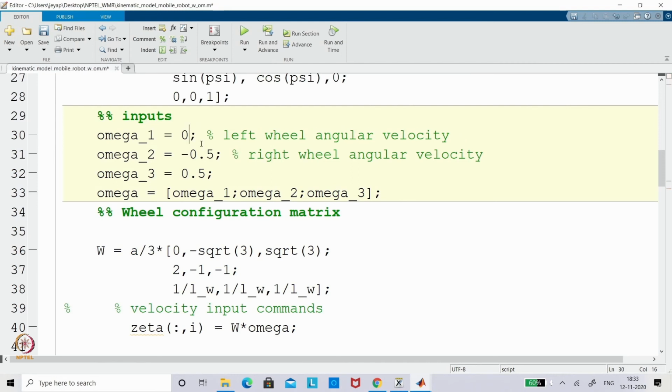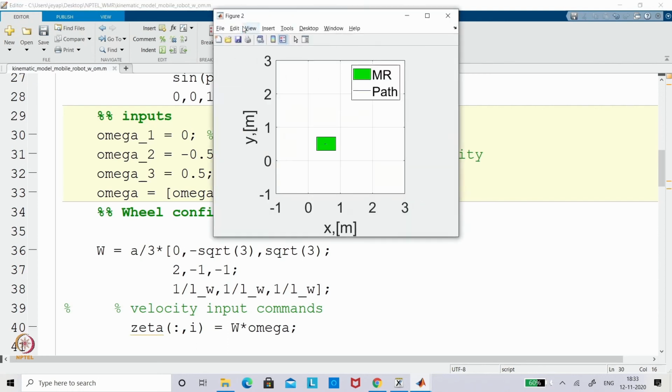Okay. So now omega 2 is rotating, in the sense the tangential velocity will be towards x and this is also towards x, whereas the y component would counteract and then go away. That's what we can see. So now if you look, you can see it is moving forward.